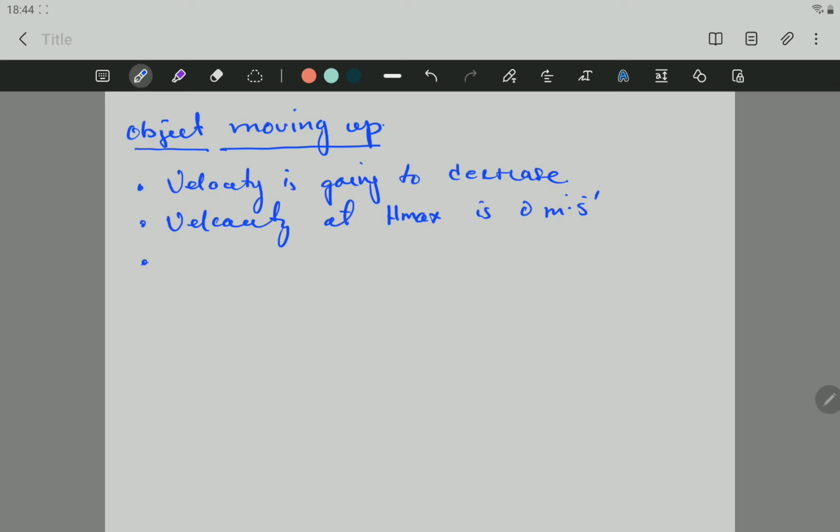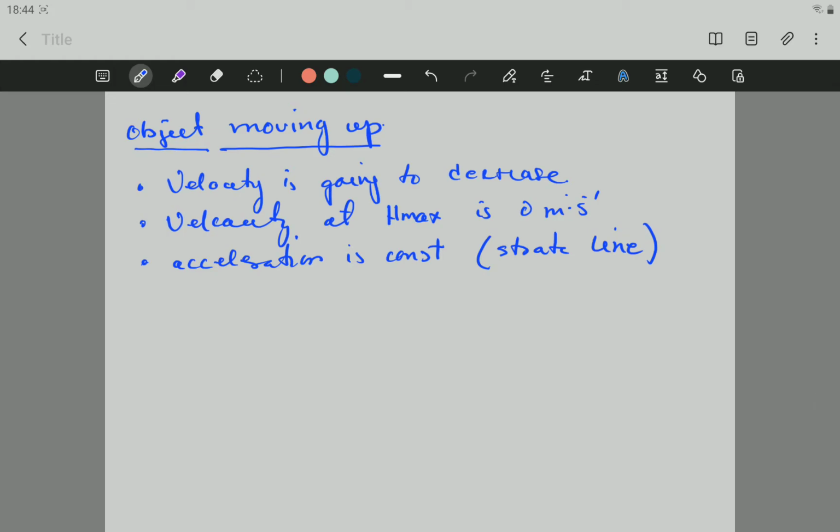And the third, the acceleration is constant. So the graph is going to be a straight line. Right. So these 3 points we need to have them in mind when we're going to look at the graph of